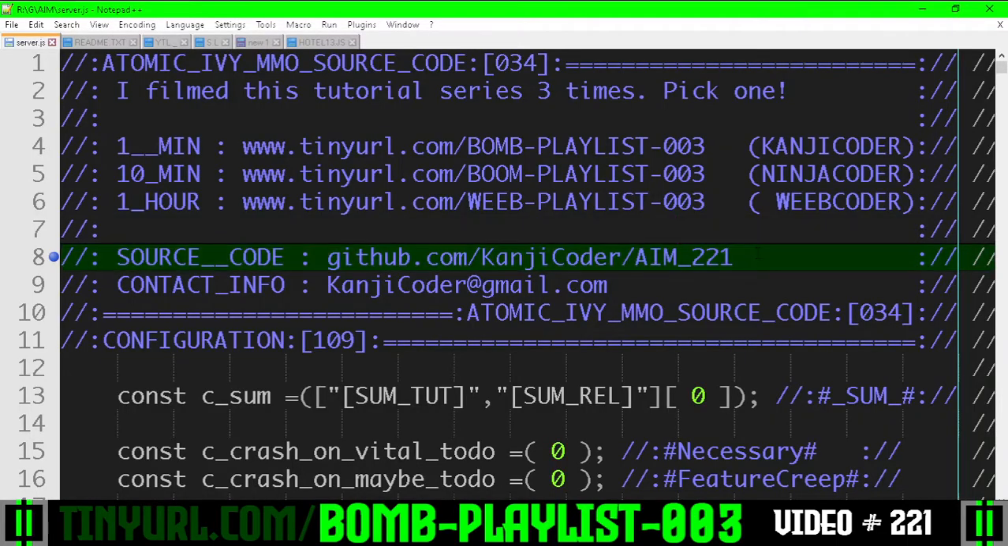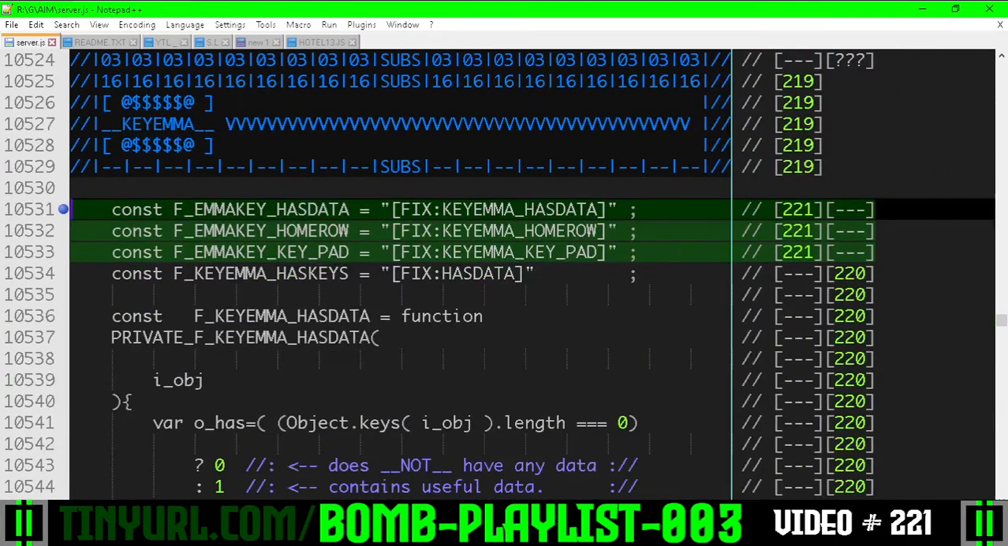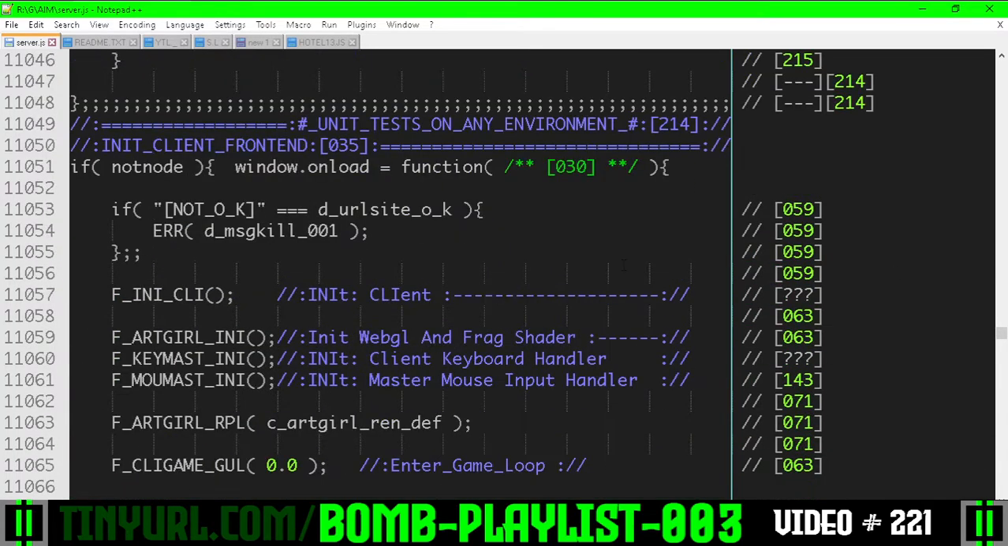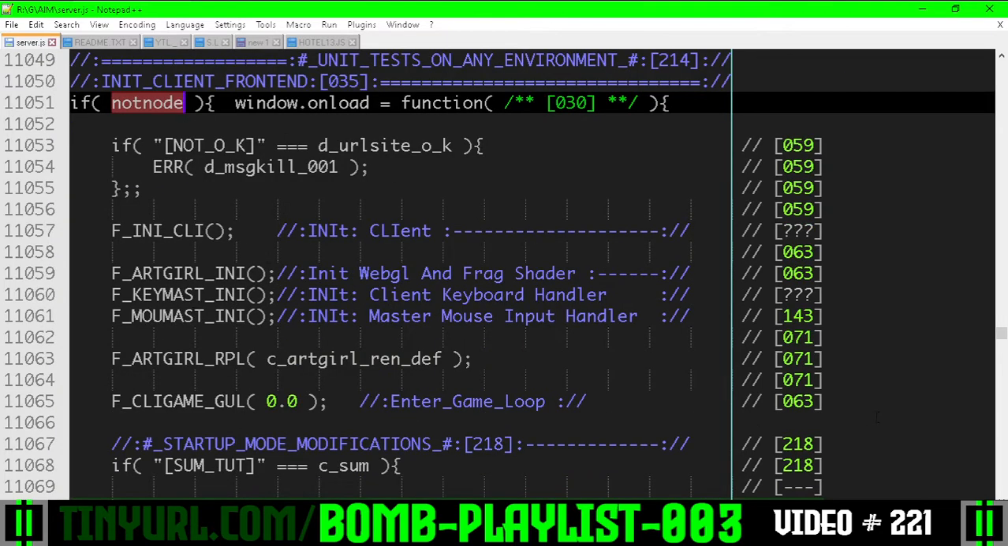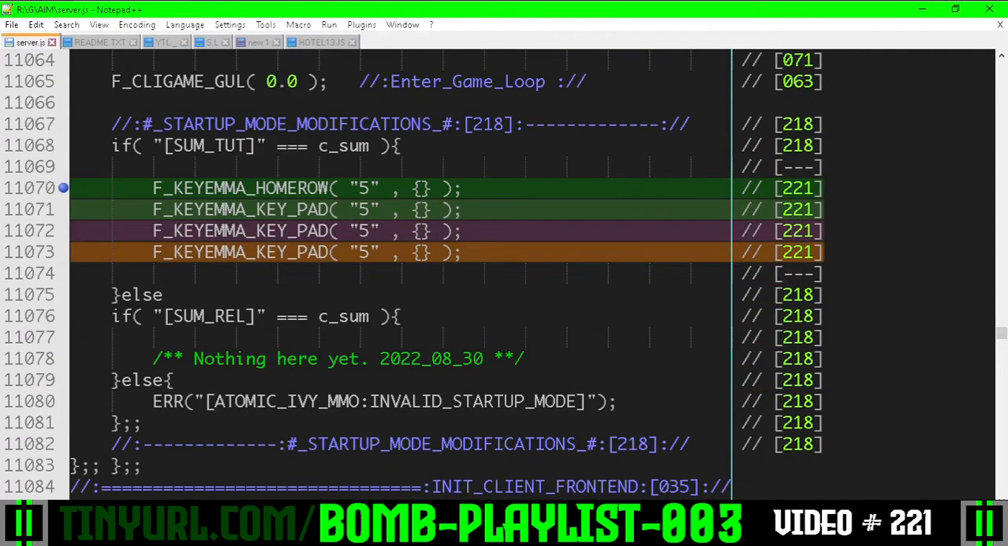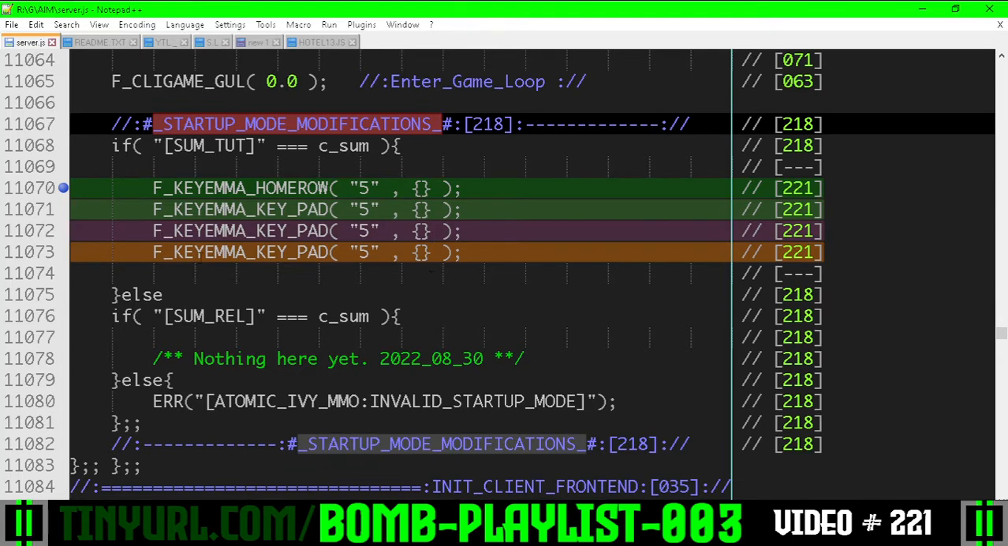There's not much code, really. It's just some monkey wrench macros here for misspellings of the functions in the Emma key function section, and then in the init client front end, right, where we're on the client side environment, the not Node.js environment. After we have done all of our initialization code, we go down here and in the startup mode modifications section,